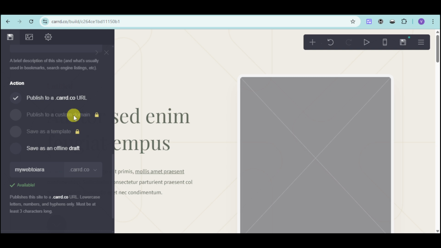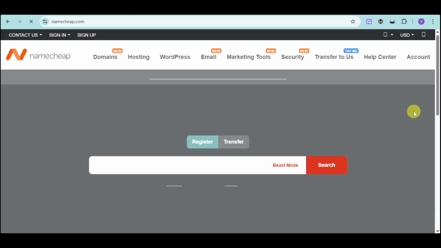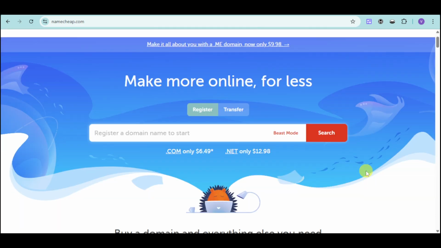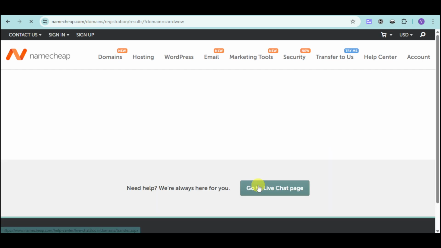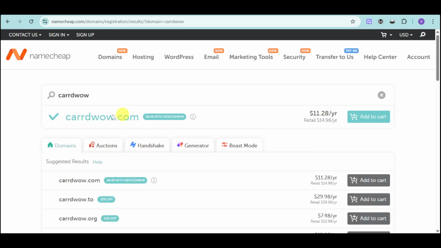Now if you're wondering where to get a custom domain, you can head over to a new tab and go to namecheap.com. Namecheap.com has a lot of free as well as cheap domains that you can utilize. So for example, let's put in here cardwell. You can just search the card name or the domain name and it will provide you some suggestions for domain extensions. So once you have chosen the domain name that you want, you can just click on this add to